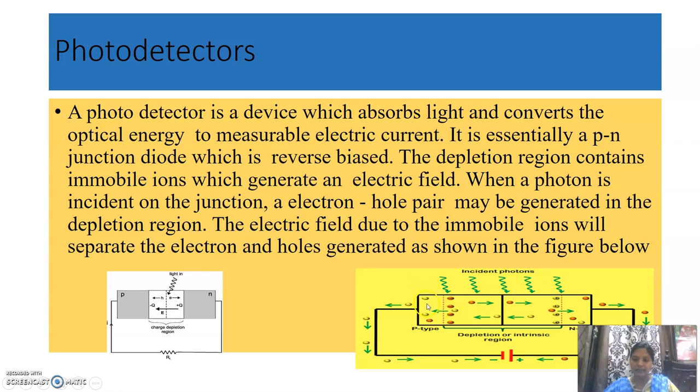Now we can expect the photon to be incident in the P type and N type regions, that is, away from the depletion region. But whatever charge carriers are produced here, because we don't have any electric field away from this junction, we have potential but we don't have an electric field, they just move randomly, or they may recombine. So this is the principle of a photodetector.